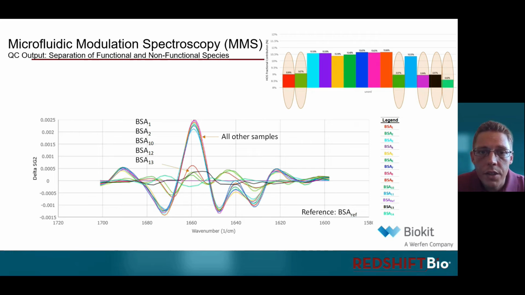Actually, another way we can look at the data, and in this particular case, I think the best way to look at this data is to interrogate the raw data itself. So what I've done here is I've taken the second derivative spectrum of our reference sample, and I've subtracted each of the second derivative spectra of the other 13 samples from it to create a difference plot that we term